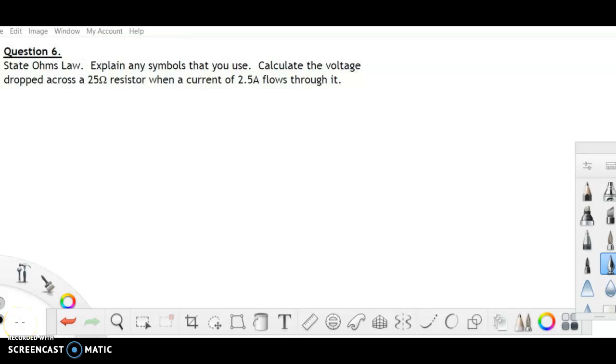State Ohm's law, explain any symbols that you use. Right, let's do that bit first. So V equals I times R, that's essentially Ohm's law, where V is the voltage